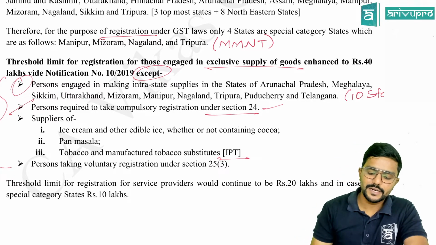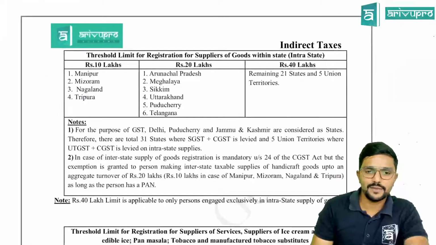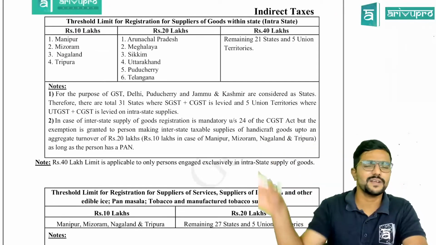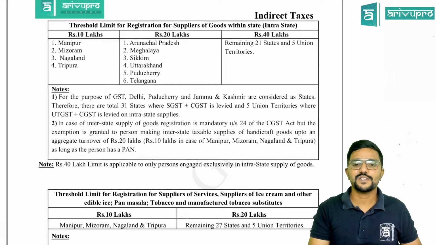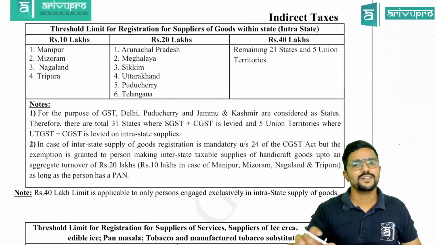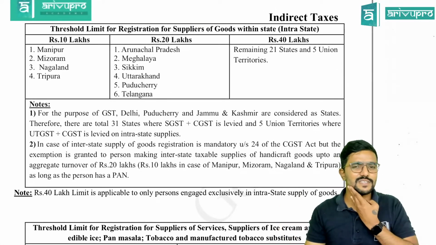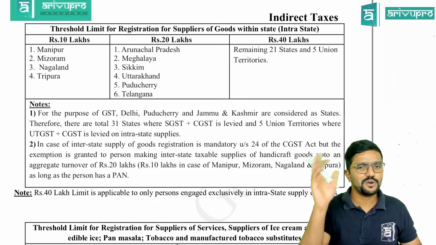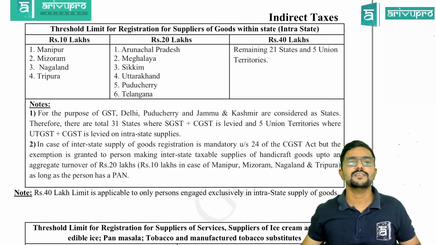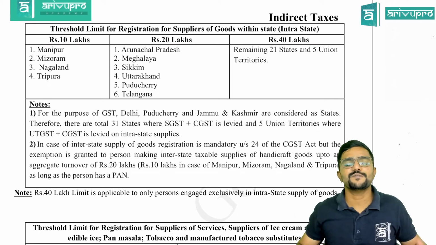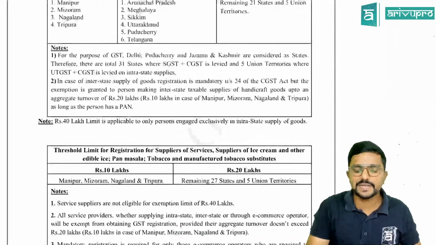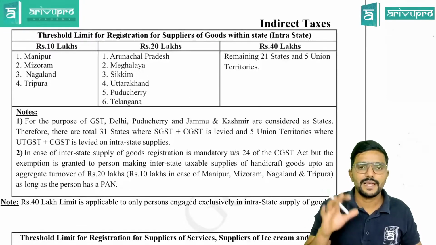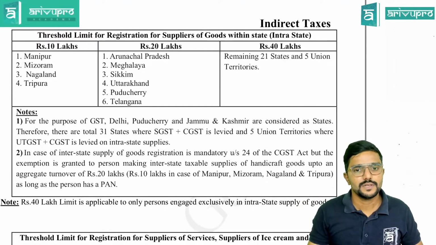Clear? So after covering all this, I have prepared a table which gives a summary of whatever we have discussed. With respect to threshold limit, because threshold limit is very confusing. Previously only 10 and 20 lakh was there, but later they added a notification telling 40 lakh is applicable except in the following cases. So it might be very confusing for the student. That is why I thought, okay, let me prepare a table which will give you clear-cut clarity on when exactly what limit is applicable. Chalo guys, now